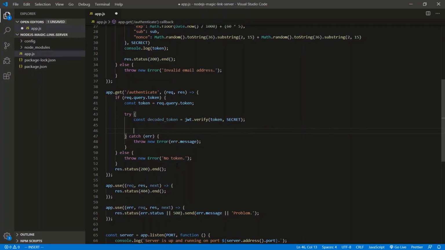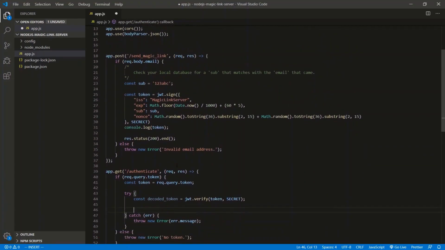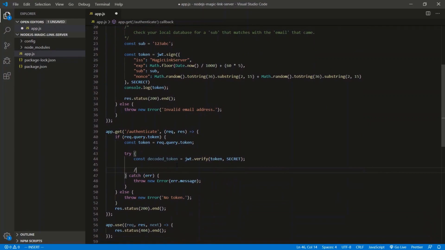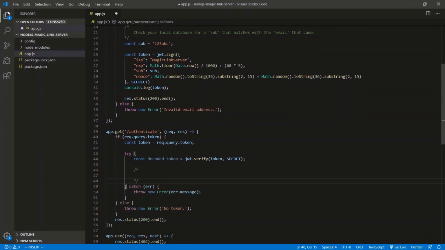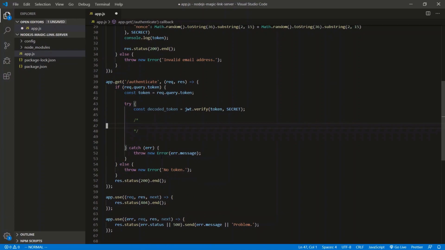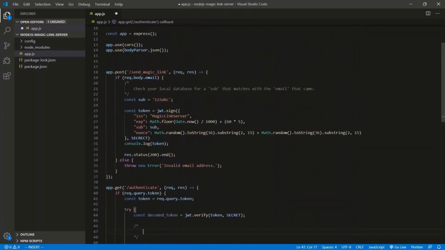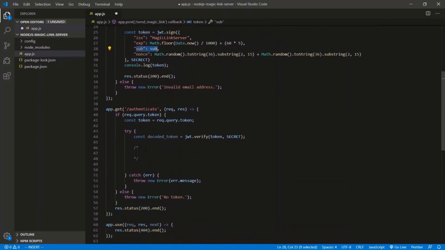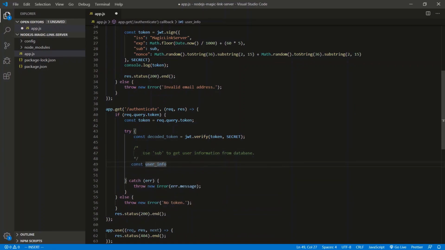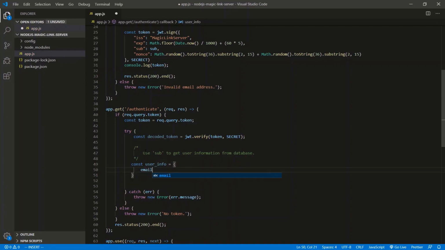All right. And here again, we're not going to be using an actual database. We're just going to simulate it with comments. So once we get the actual token verified, what we're going to do is use the sub in the token to ping our database. So we're going to use sub to, let's say, get user information from database. So things like their email, we'll do this, const userInfo is equal to